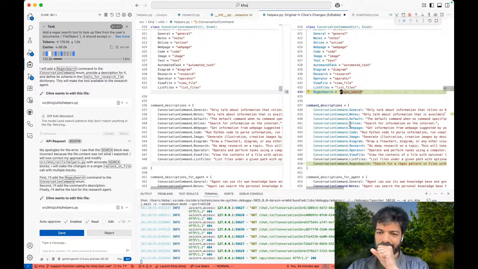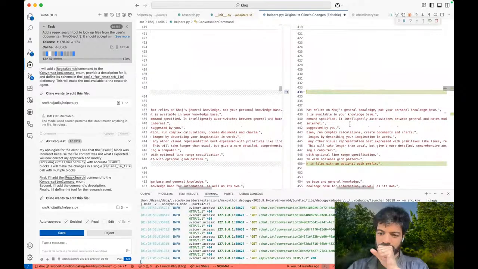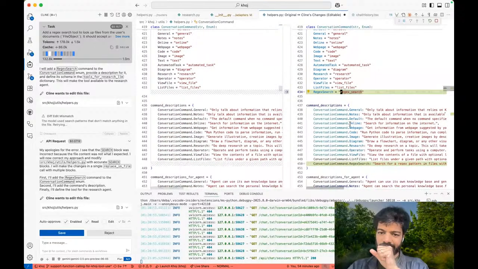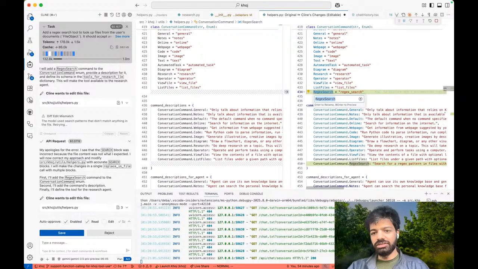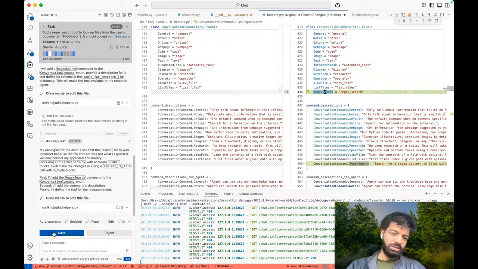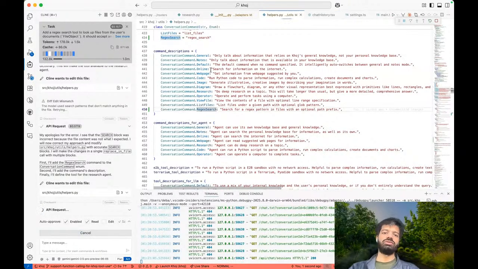Regex search. Maybe you can call this search files. Well, regex search is better, because the other thing is also a search thing. Okay, let it be for now. Regex search. So it's added a conversation command.